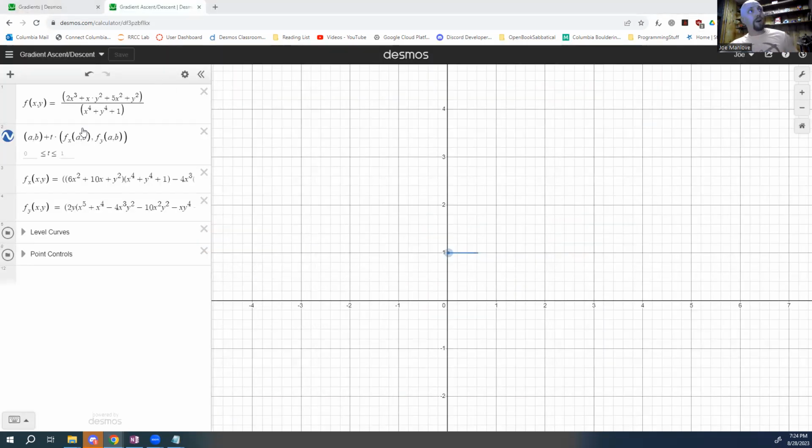So here I've got my function. I've got my little parameterized version of the gradient. That's the little blue arrow here. I just copy and pasted those formulas in here. And now the thing I'm after here is I want to know where the tops and bottoms of this thing are, right? So I want to be like, okay, so